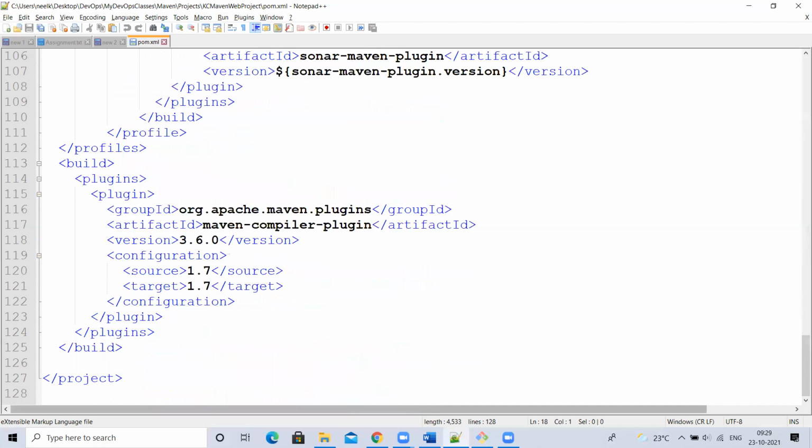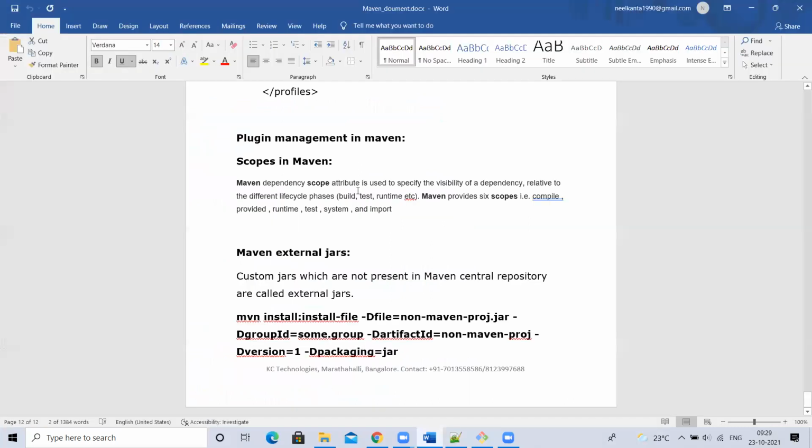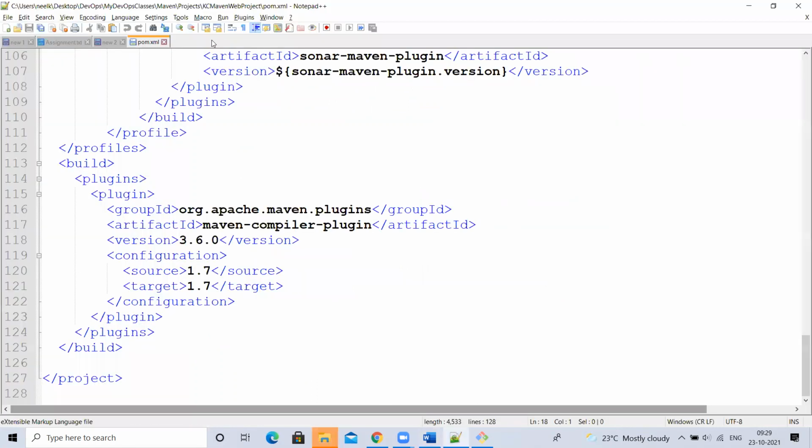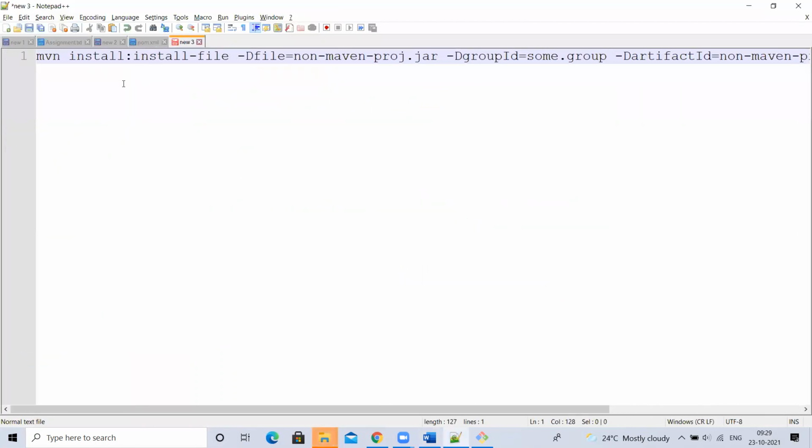So what you want to do to place that in Maven locally is mvn install. That is the command you have to use. So how you have to use it is like this: mvn install file, right? So you have to pass -Dfile, the location of the file. Where is that custom jar?